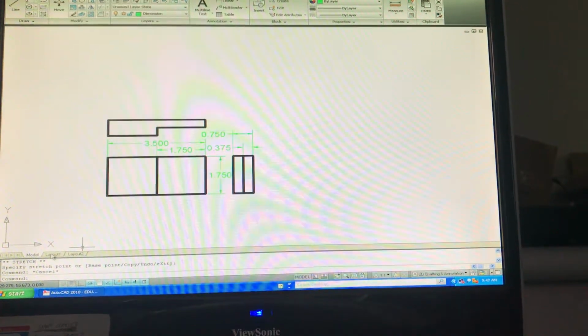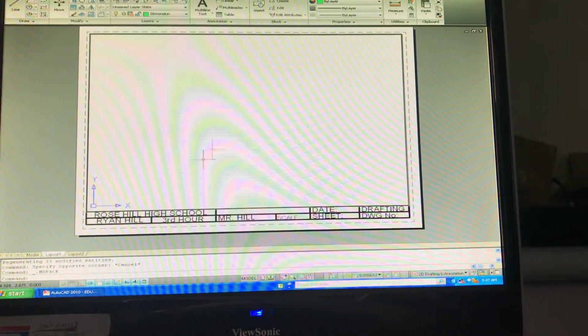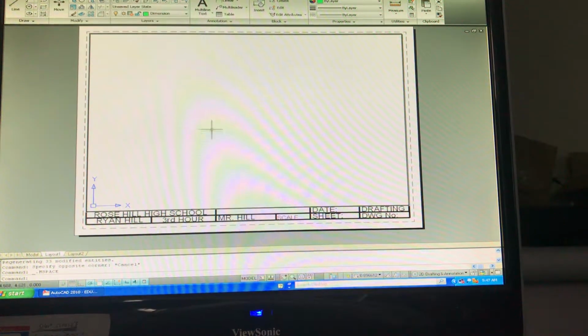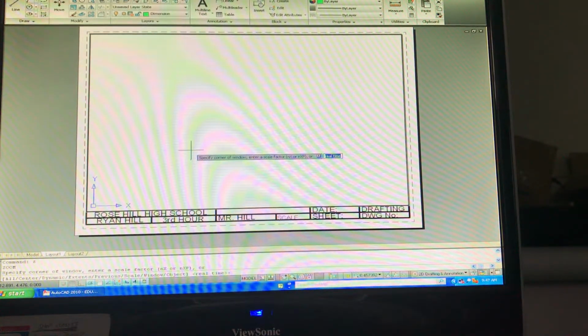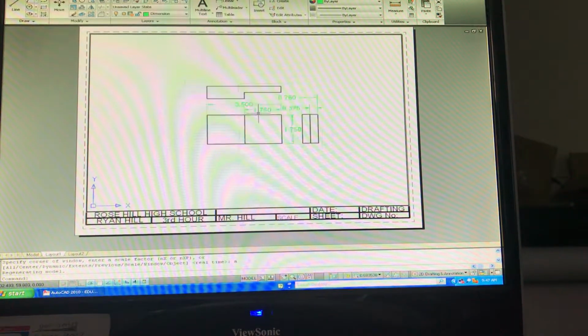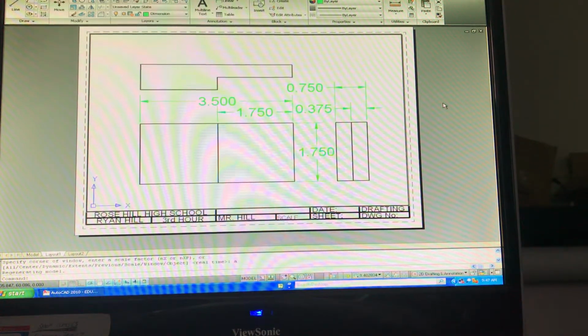Then the final step would be to put it in our layout. Each one of our layouts has a viewport already, and the viewport layer is turned off, but you can still find it. If you can't find it in there, you type in ZA, zoom all, and then your drawing will view within it. Then I set it up, double click,